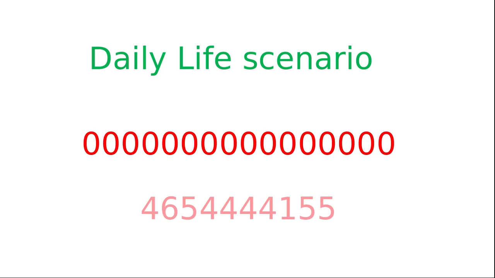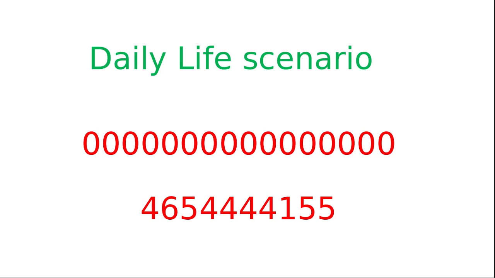Let's try to see another example. Suppose you have a mobile number like 46544444155. Most of the time we try to do reduction while telling the number to someone: my phone number is 465, then 4 times 4, then 1, then 55. Here a majority chunk or substring is repeating in nature. So you always try to avoid telling 4444 and instead tell 4 times 4. That is a cleaner and much easier way to encode the information for the other person.